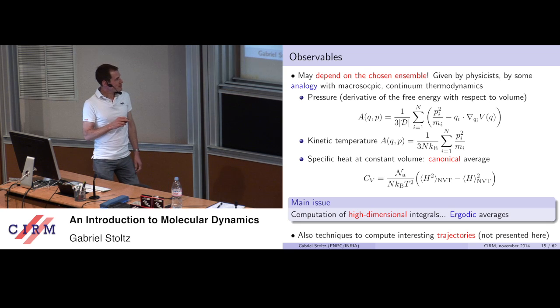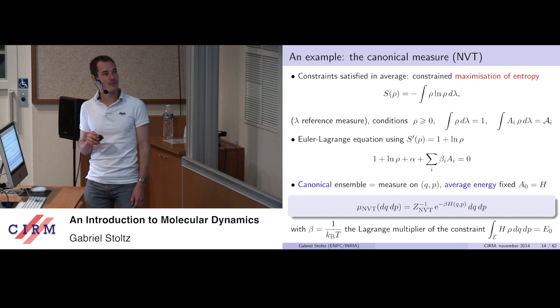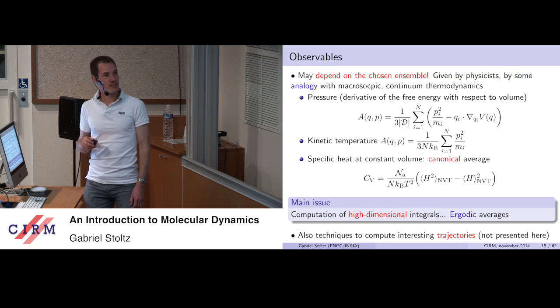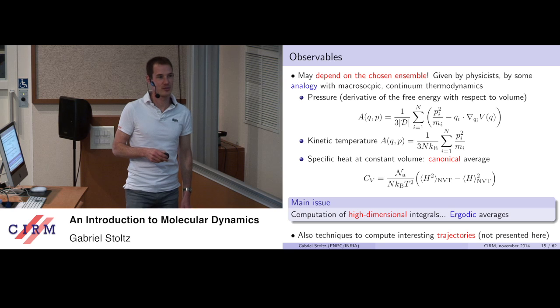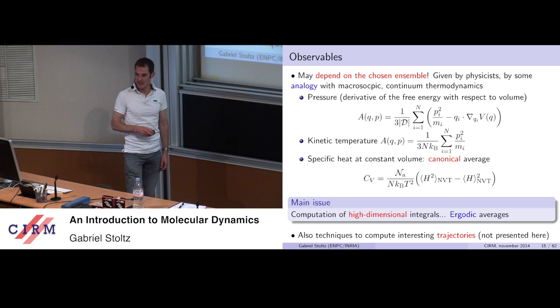Anyway, the take-home message of that first half an hour is that statistical physics is about computing averages of some observables with respect to a very high dimensional probability measure, typically of a Boltzmann-Gibbs form. And for mathematicians, this is a challenge because, as you know, computing an integral in dimension more than 2 or 3 is already a challenge, not to mention an integral in dimension 10 to the 6.